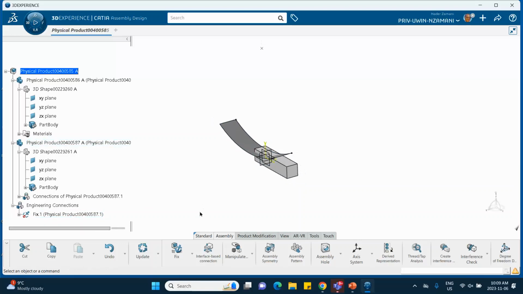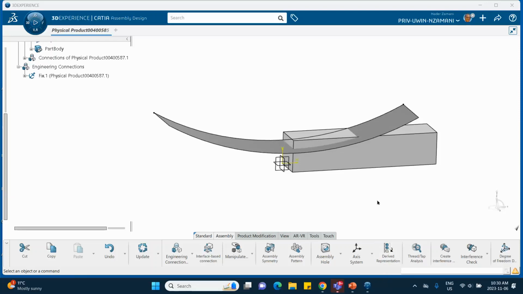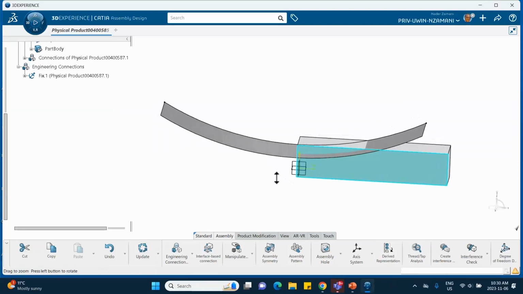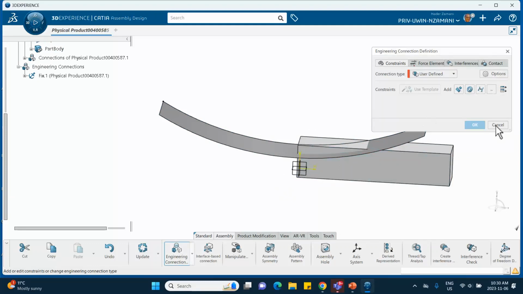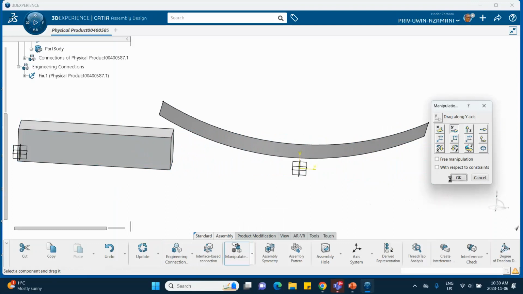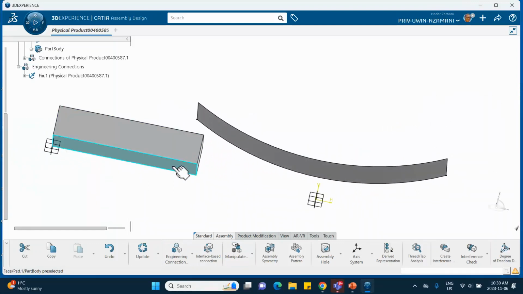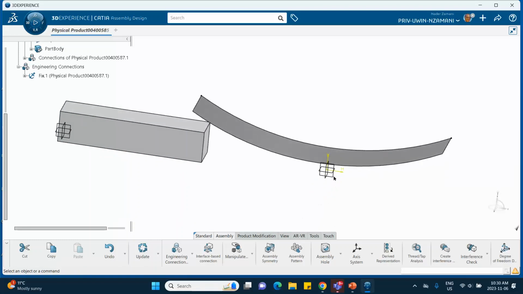Okay, and now we're going to move things around so that later on we can put this end in contact with that surface. Eventually I want to put this point on that surface. So why don't I just literally translate this thing right now so that it's easier for me to achieve what I want to. So this is manipulate. I'm going to translate in the y direction. It looks like this. Okay. And now I'm going to put some constraints. For example, I want the bottom of this to be coincident with that plane